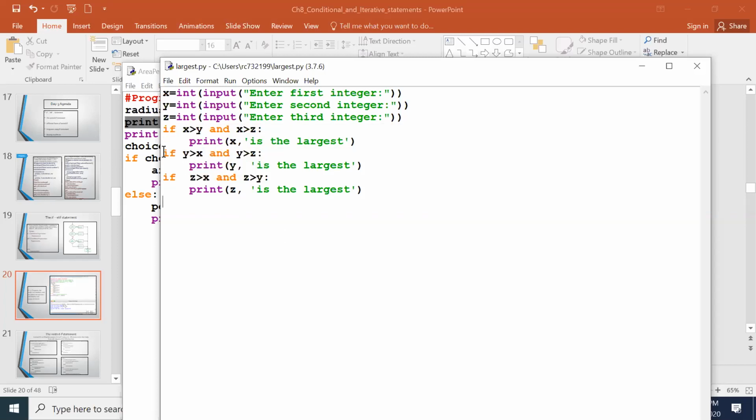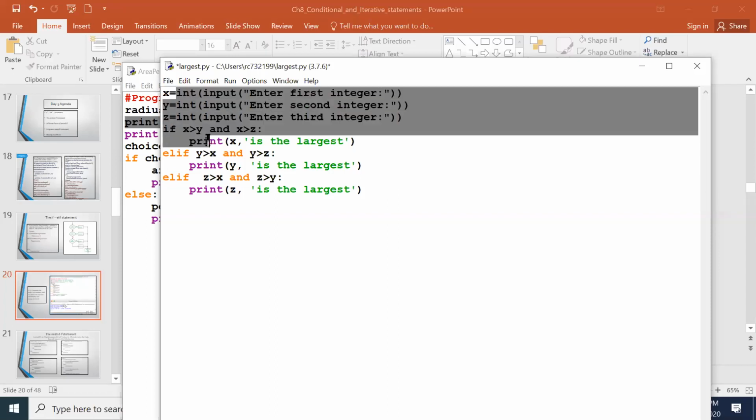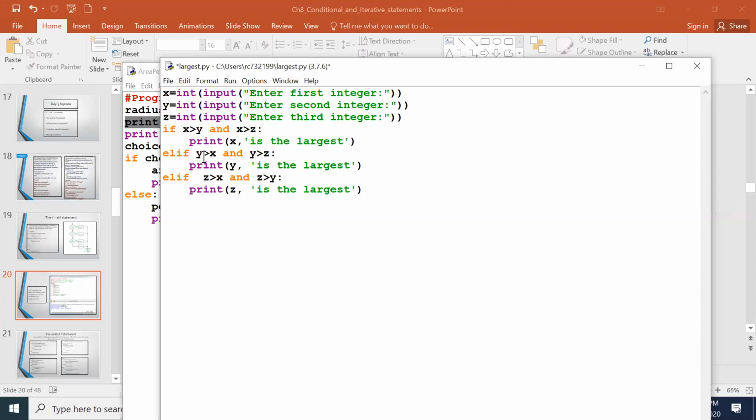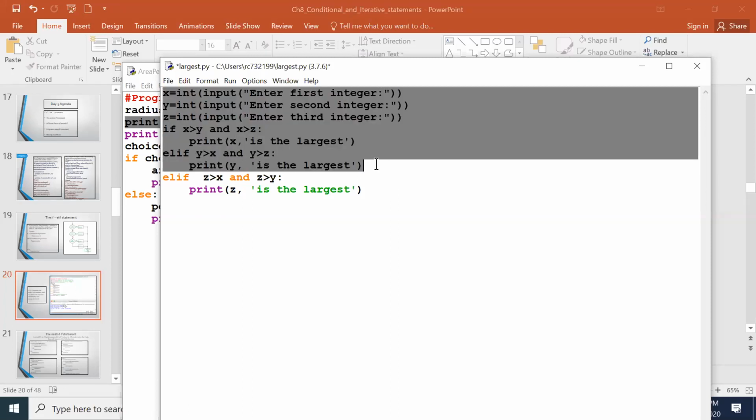So if I write this same program with elif, that is all. If we change it to elif, if x is the greater value, it will execute these 5 statements and then it will immediately stop the execution. It will not come to the else part at all. If y is greater, it will execute up to here. That is fine, because I have not yet come to the answer.